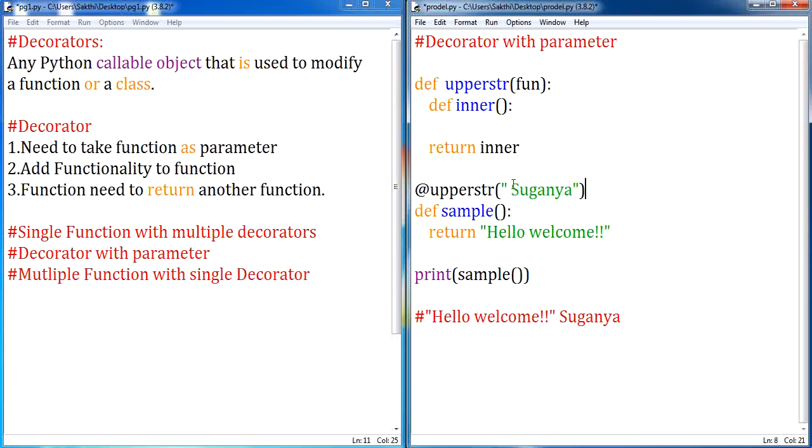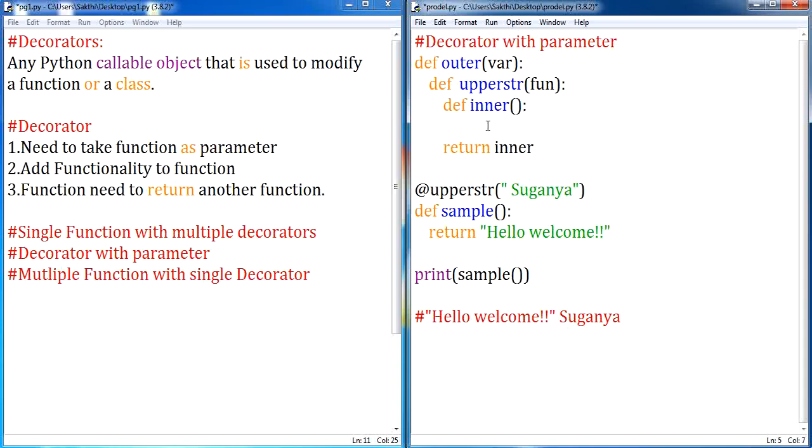So how are we going to do it? We know that whenever it is a decorator, it will have an outer function and an inner function. Whenever a decorator accepts a parameter, you are supposed to write this decorator function inside one more function. So let me declare this function as outer, and let me receive this parameter value with the name var. And these statements should be mentioned inside your outer function. So let me write inside this.